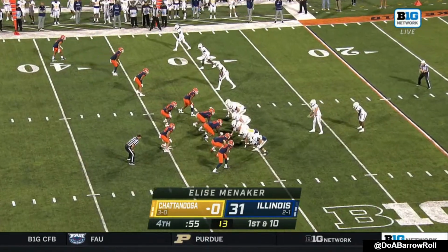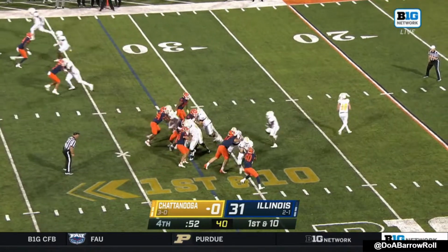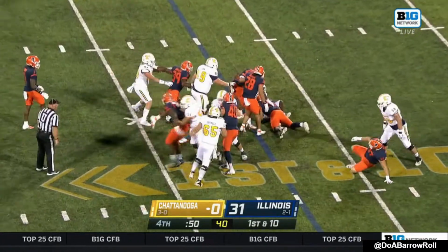The takeaway that you have here for Illinois, Anthony, before we sign off is what? This is a team